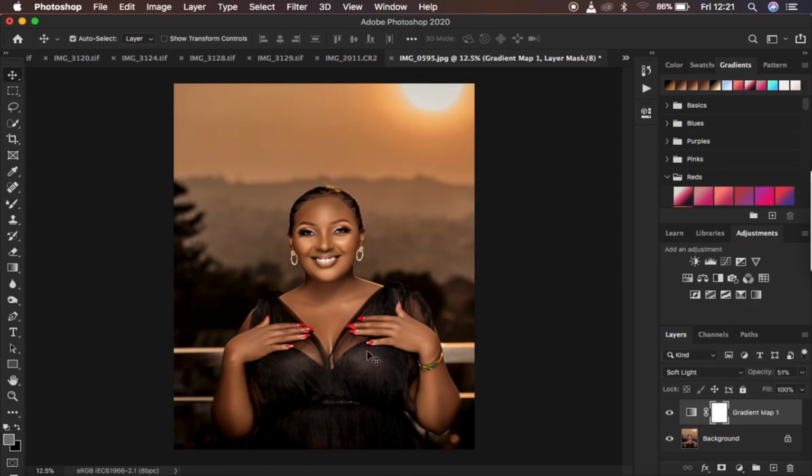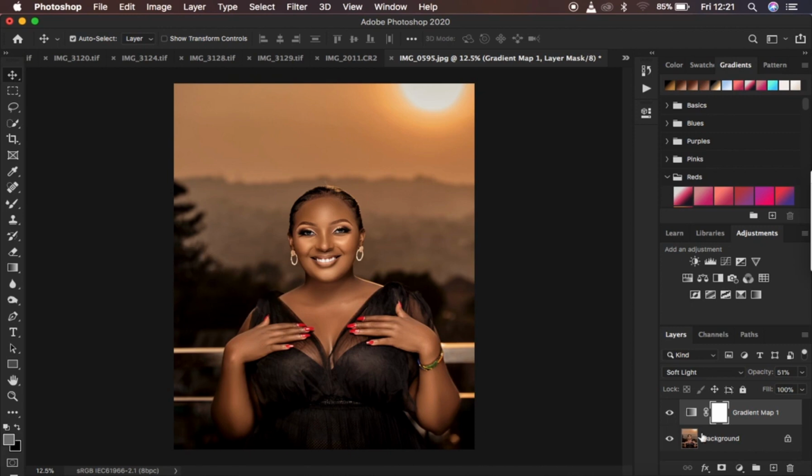But now it is affecting the shadow areas, and it is also color grading the shadow areas. So if at all you feel like your image is okay at this point, you can stop right here. But like I said, in this tutorial we are going to be using two adjustment layers. So we just want to remove the effect from affecting the shadow areas, and you know what we're going to do, we are just going to be using the Blend If tool in Photoshop to remove the color grading from